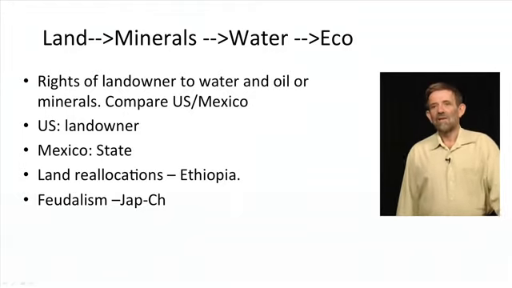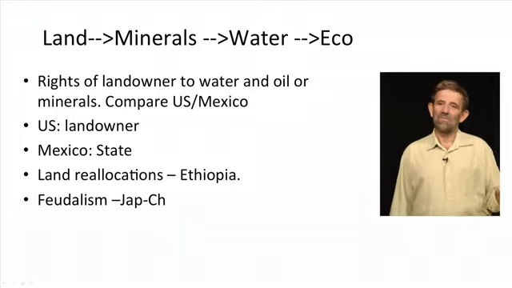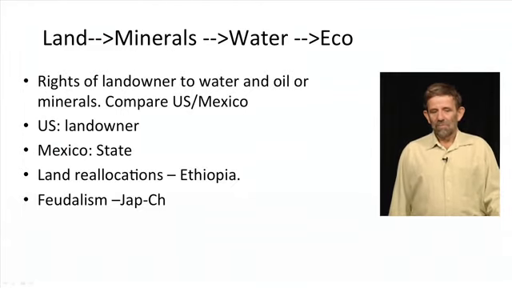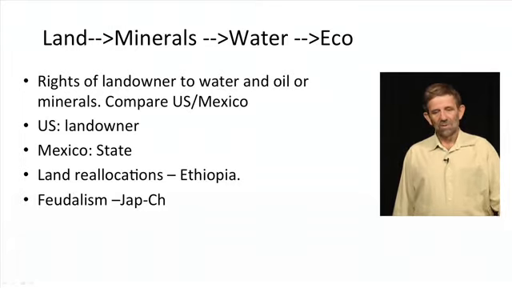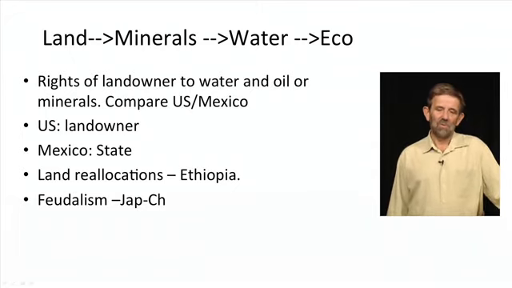Now we want to understand eventually who has the right to emit carbon dioxide or carbon monoxide or perfluorocarbons or whatever into the atmosphere, and maybe radio waves and maybe noise and all kinds of other things. So I think we can start by looking at land, and then we can look at minerals and water and gradually infer something about rights to attributes that are more and more complex.